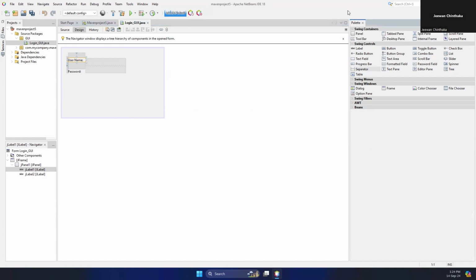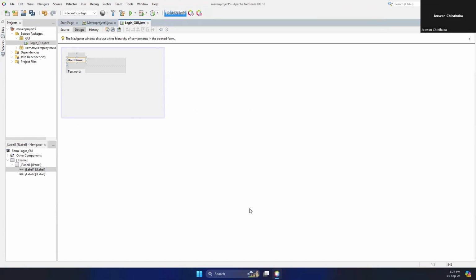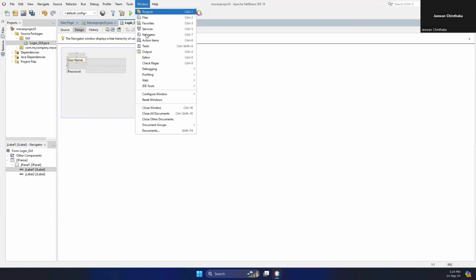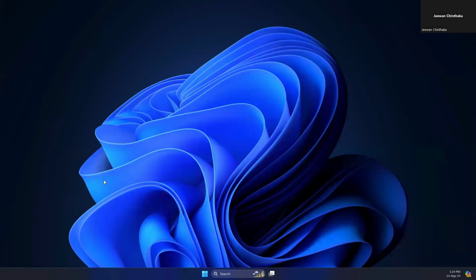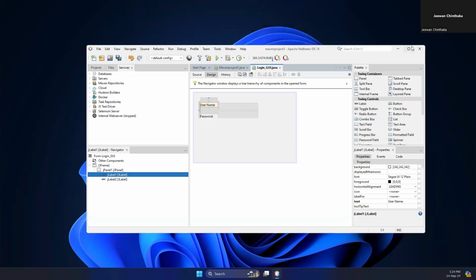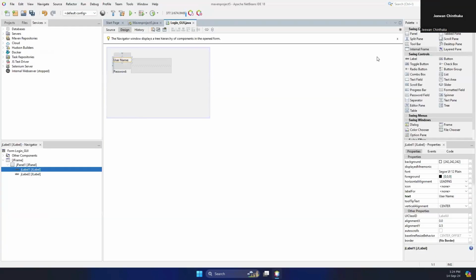Sometimes you may have closed the properties and the palette. If you don't know how to get those things back, right now here you can get it from the window. But if you don't know how to get it back quickly, then just click on reset windows. Clicking reset windows will reset the windows layout. Therefore, you can see whenever you select a controller here, that controller name would be displayed here, and the